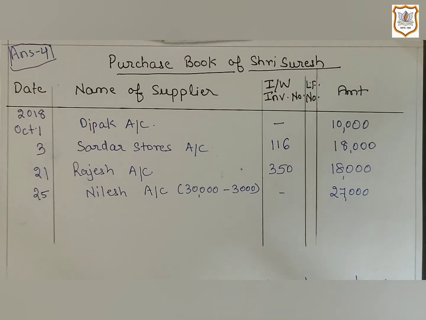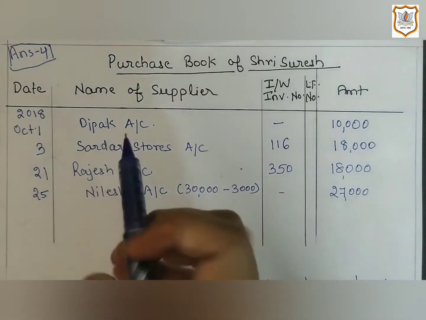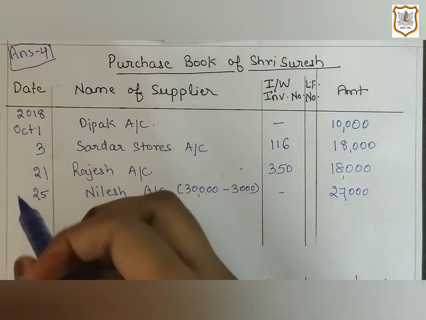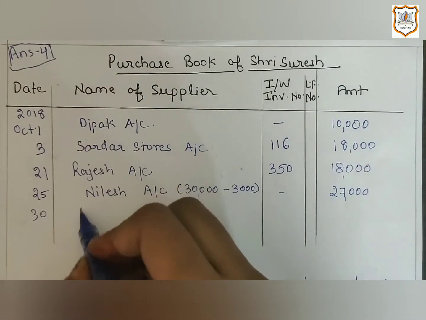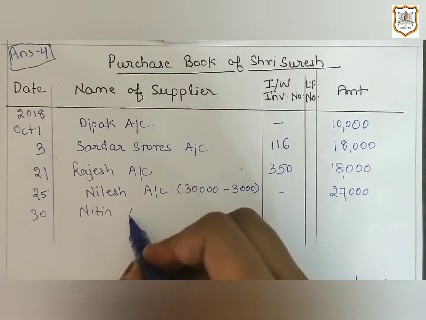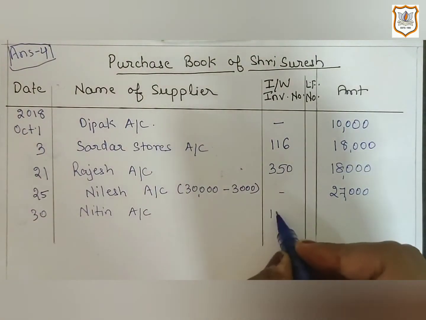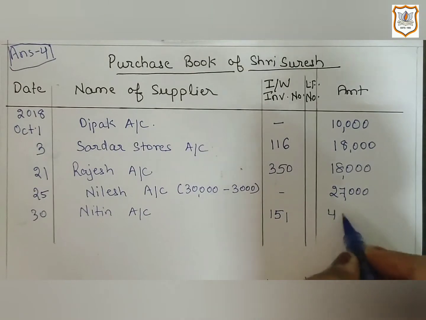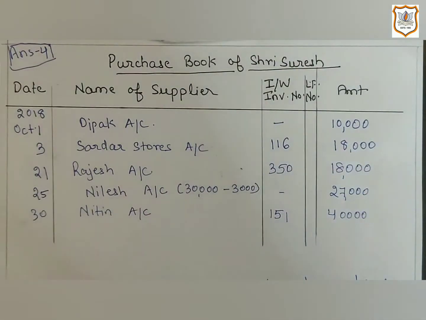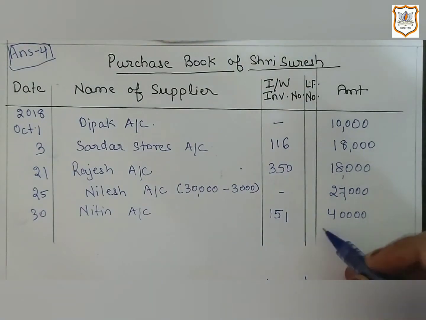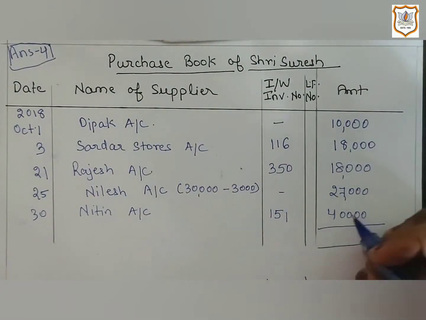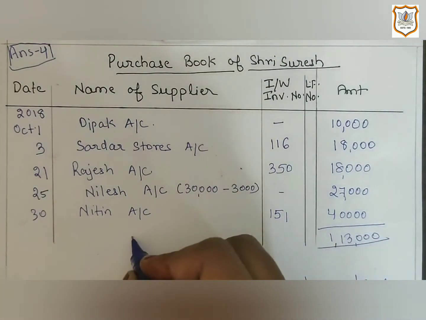Then the last transaction, date 30, purchased goods of rupees 40,000 from Nitin. Invoice number 151. As this transaction is credit transaction, we will record it in purchase book. So date 30, name of supplier Nitin, then invoice number 151, amount is 40,000. Then you have to write down total of all the credit purchases. We will get 1,13,000. So here we will write total